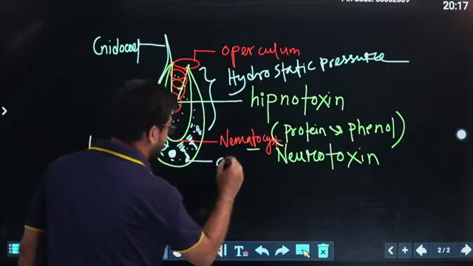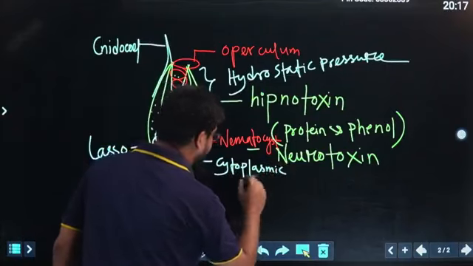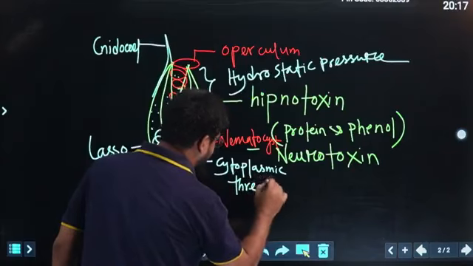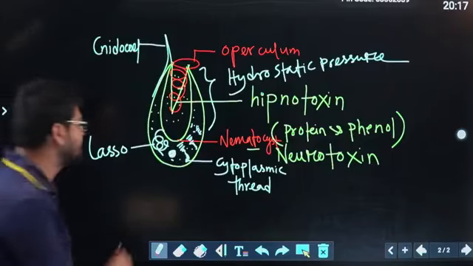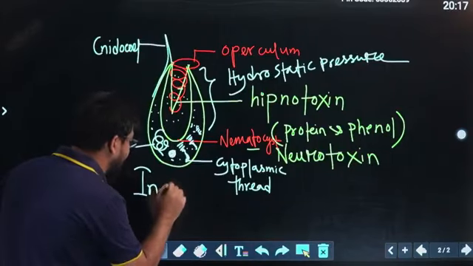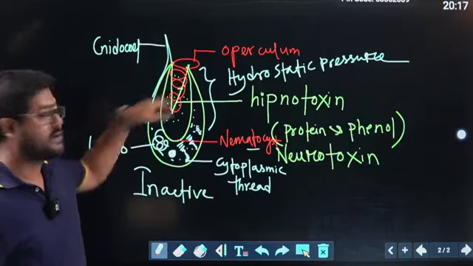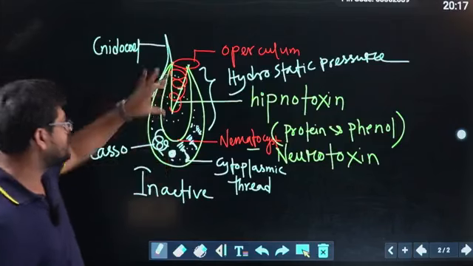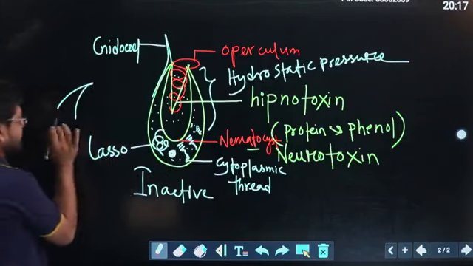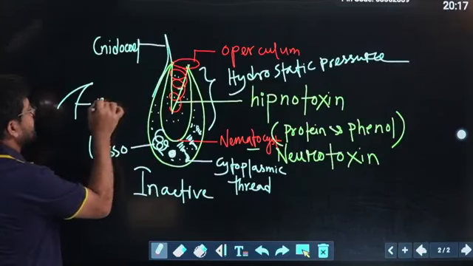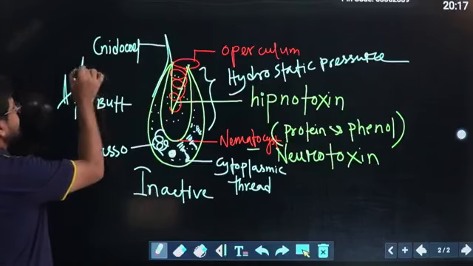This structure, as it is hiding under the operculum, is in the inactive form. When it is activated, this structure can never be retrieved. How the structure appeared, I am showing here. This is the structure. You can say it is the bud, and the bud contains 3 long spines.